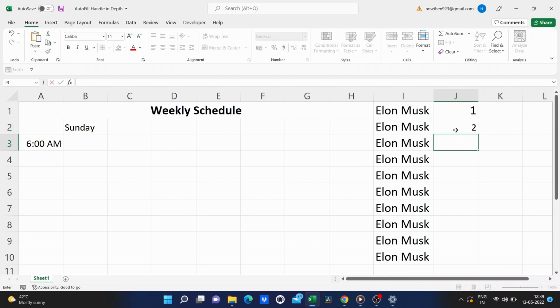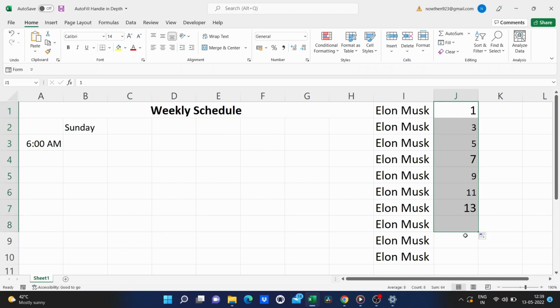Now, the pattern can be kind of complicated if you want it to be. So I put in, let's say, some odd numbers only. Click and drag to highlight the odd numbers. Use the autofill handle. And look, it continued the pattern, only odd numbers. So you can play with that and see what kind of patterns the autofill handle in Excel can recognize.